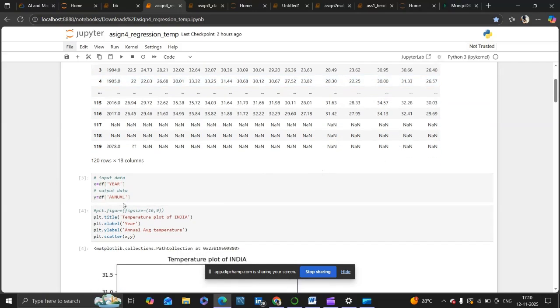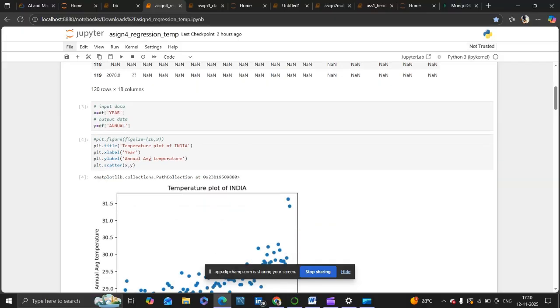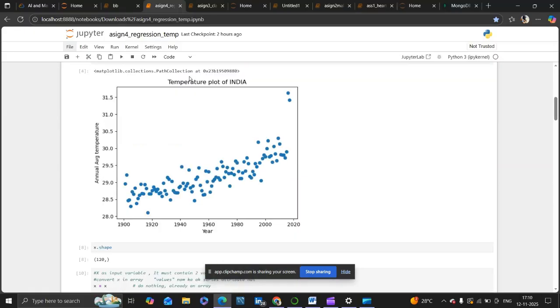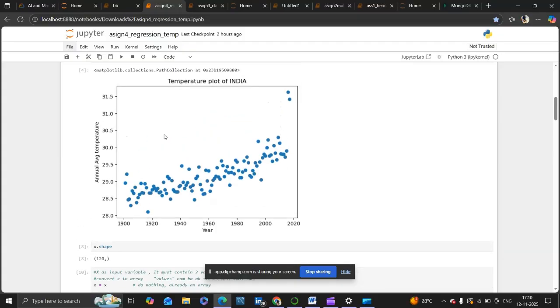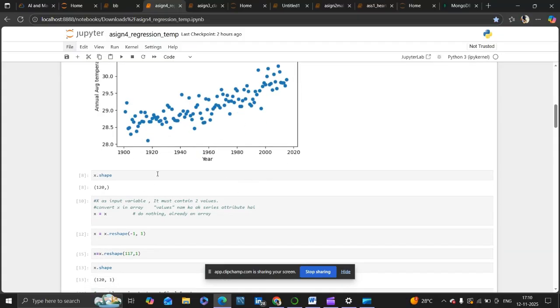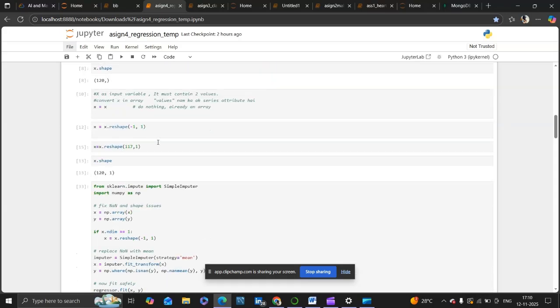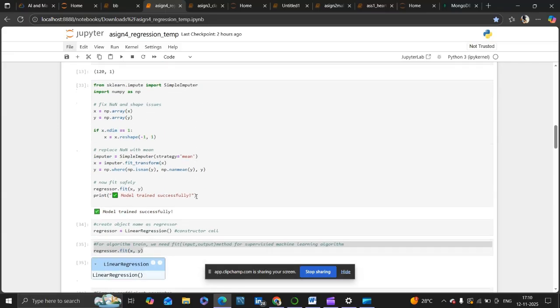And input data here, X as year, Y as annual, and the label has been plotted. Here it has been shown, the temperature plot in India in graphical format. Here X is the year, Y is the average temperature, and X shape shows that X is our rows.